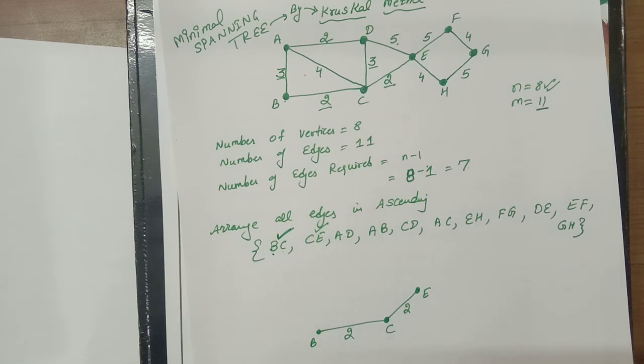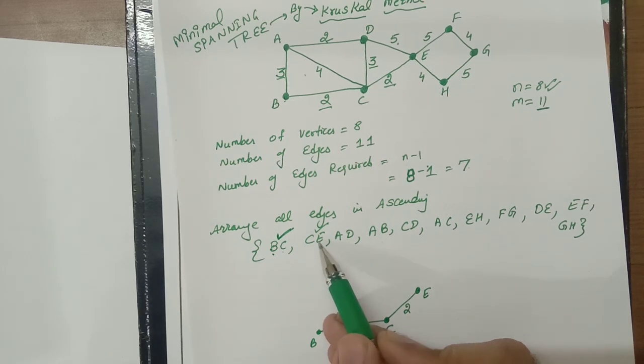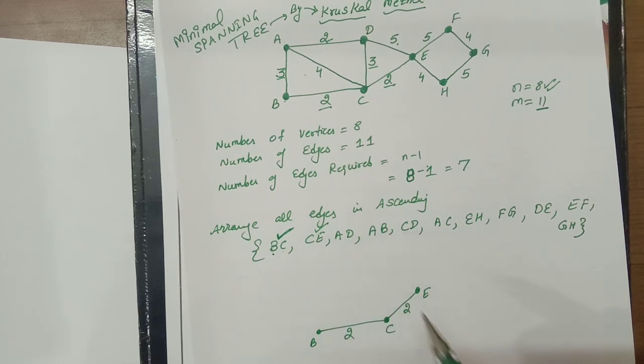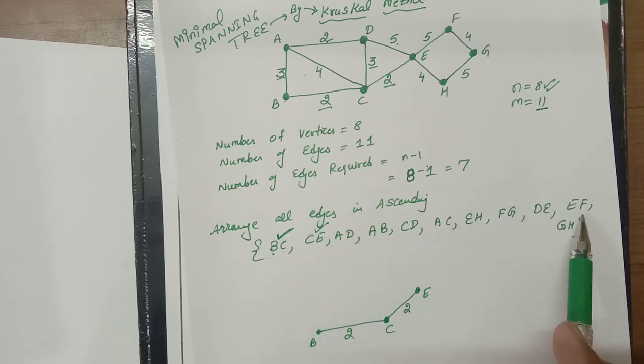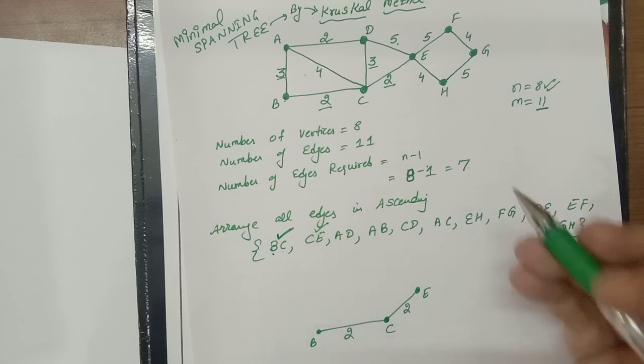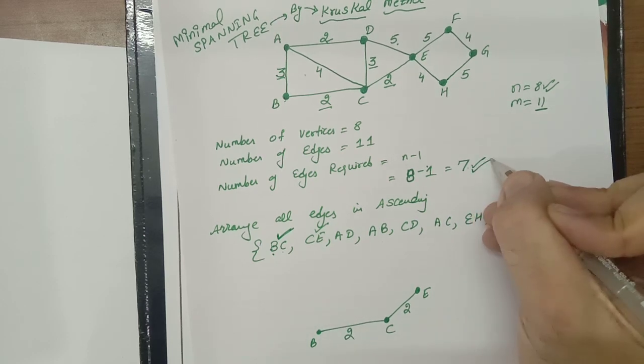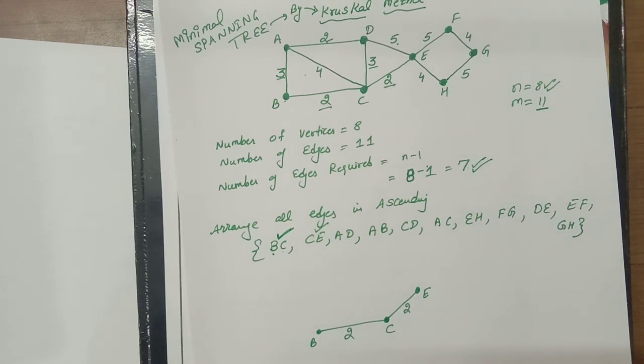That is based on the condition of tree. If by taking the next edge cycle is formed, then you don't have to take that. You will simply reject that and go to the next one. This is the main crux of Kruskal algorithm. We have maintained the list. Go on taking the edges until we take n minus 1 edges, means I have to take 7 edges out of these 11 edges. When I have taken 7 edges, then my question is complete.